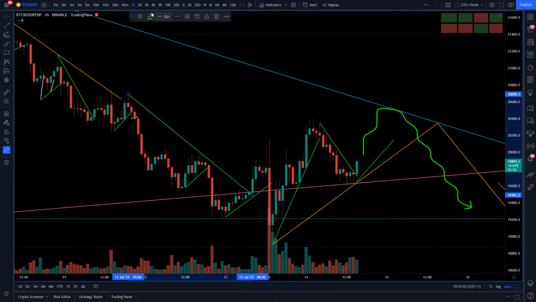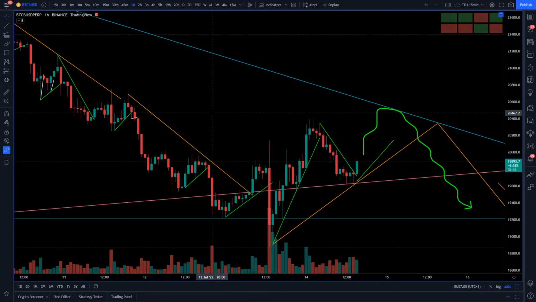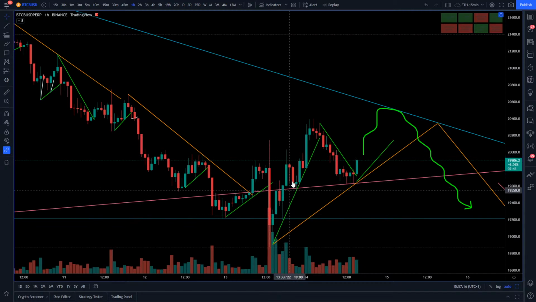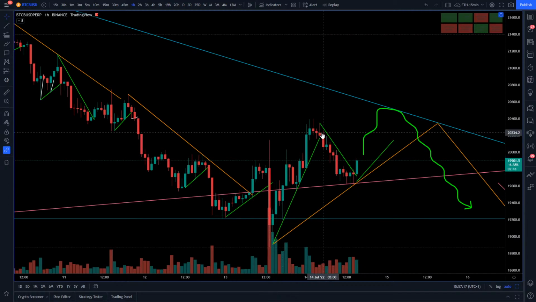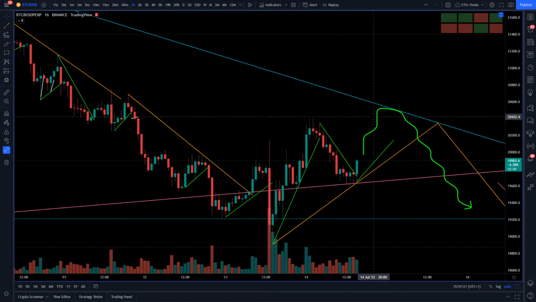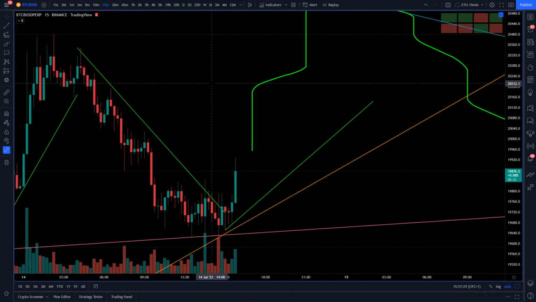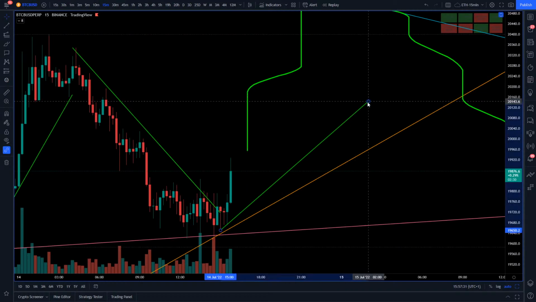After the dump, the market resumed the trend, which was to go up, and therefore we are looking at this orange going up. With that orange going up,